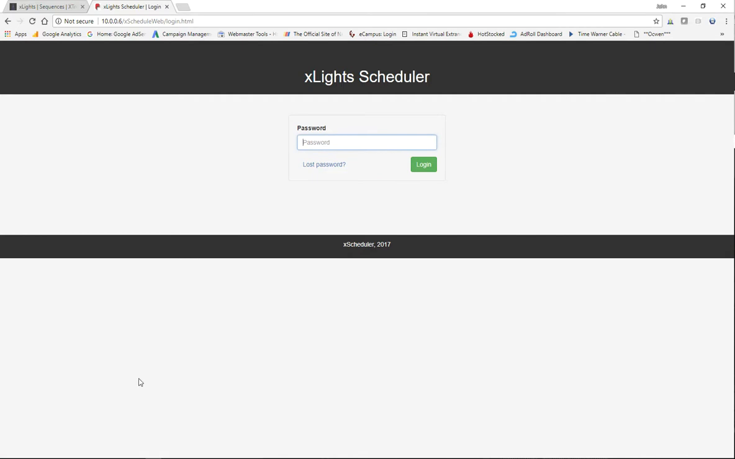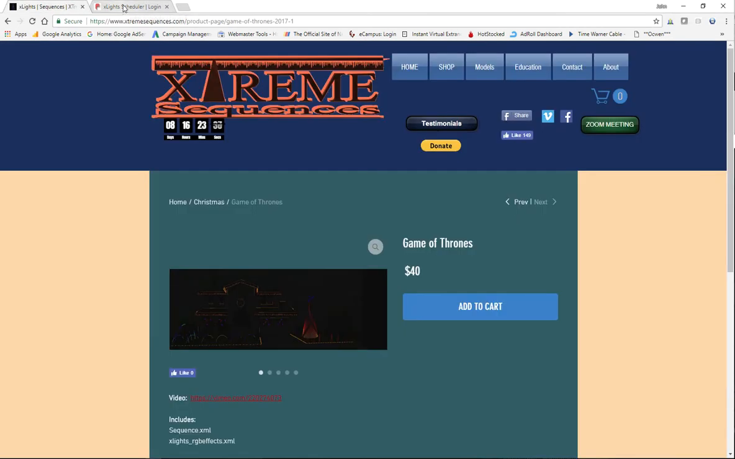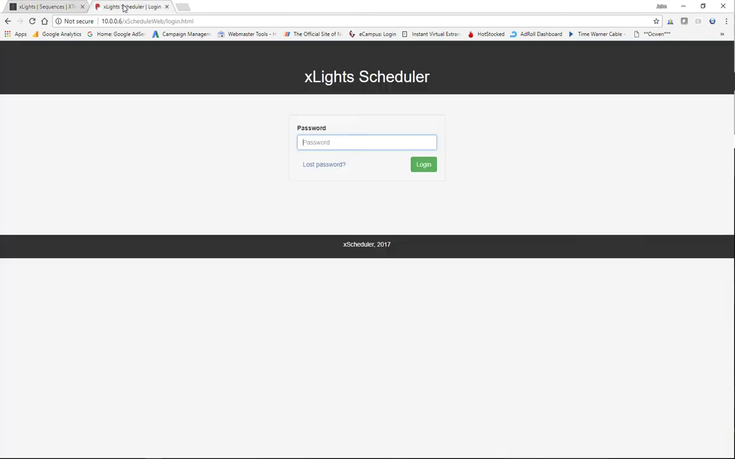So I want this sequence to play, and then I want Game of Thrones to play. So I went and I got Game of Thrones from Extreme Sequences because a friend of mine is a massive Game of Thrones fan. But I guess what's important about this video is how am I actually going to play these two sequences, interrupt my show, and then have it go back to normal. The way that I'm going to accomplish that